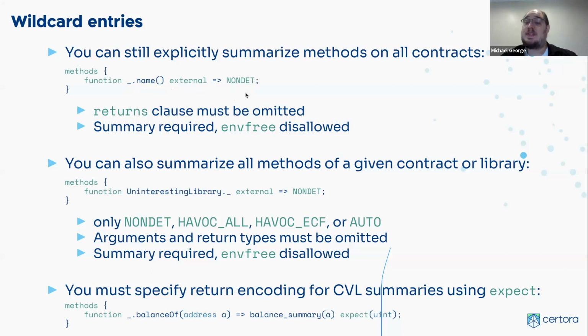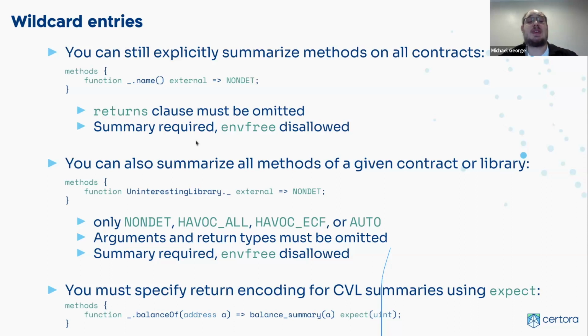So some of the other methods block features, like writing env-free annotations, are disallowed, and you have to write a summary if you have a wildcard entry. Because otherwise, for the other uses of methods block entries, wildcards don't really make sense. So this lets you get all of the methods with a certain signature in any